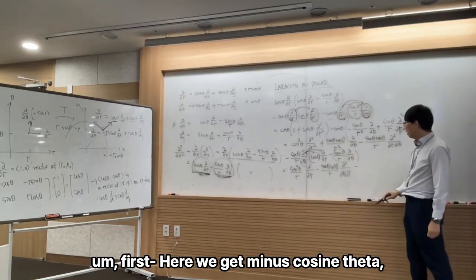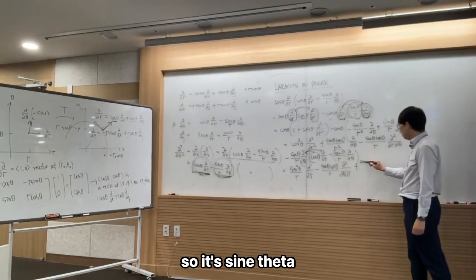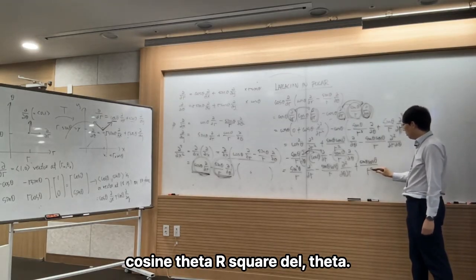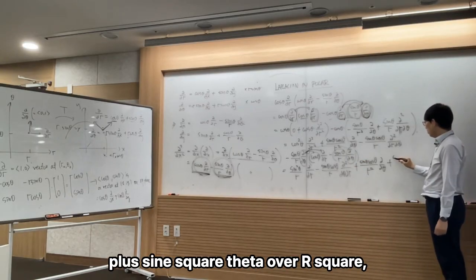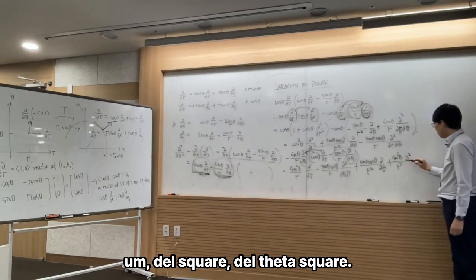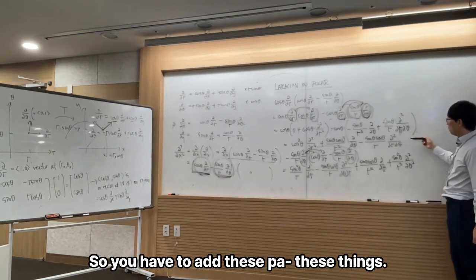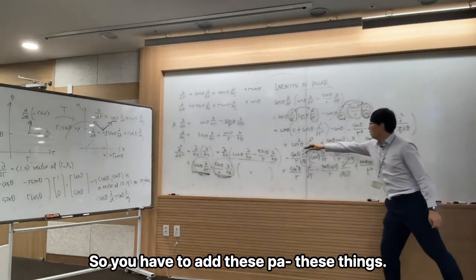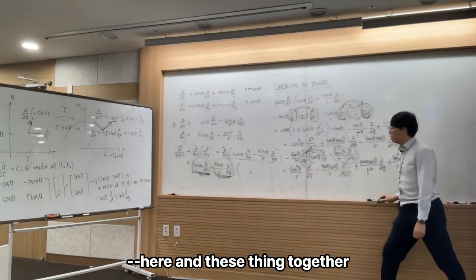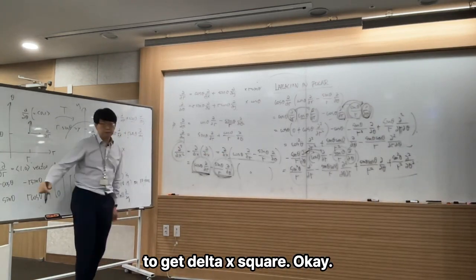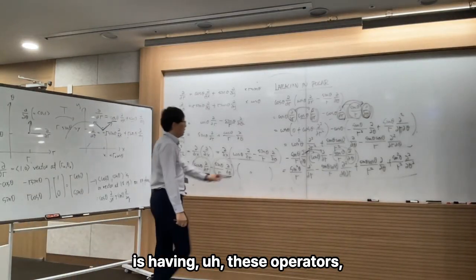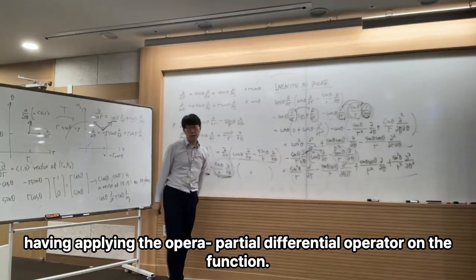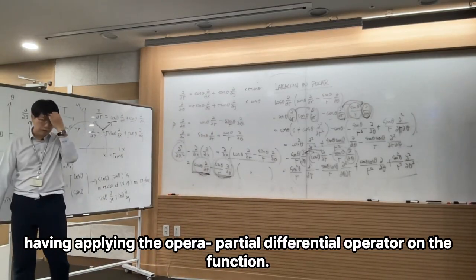First here, we get minus cosine theta sine theta cosine theta over r squared, ∂θ. And then to here, we get plus sine squared theta over r squared, ∂θ squared. So you have to add these things together to get ∂x squared. Okay, ∂x squared in terms of polar coordinates has these operators applying the partial differential operator on the